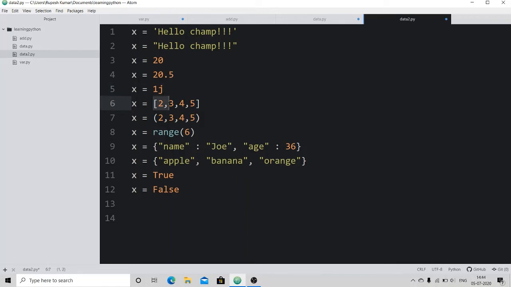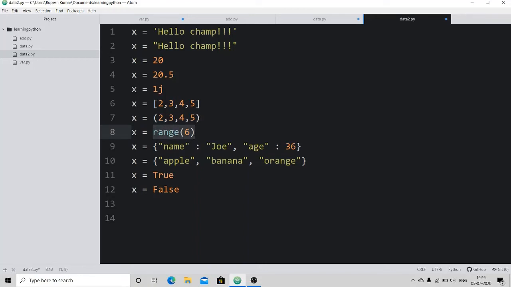This is the example of the list data type, which starts with square brackets. If the numbers are inside parentheses, then it is considered a tuple. This is range.